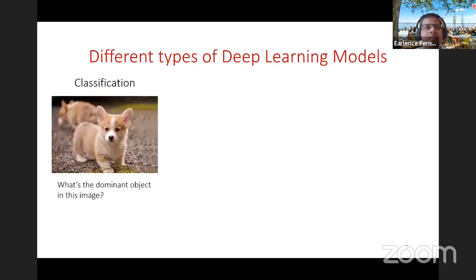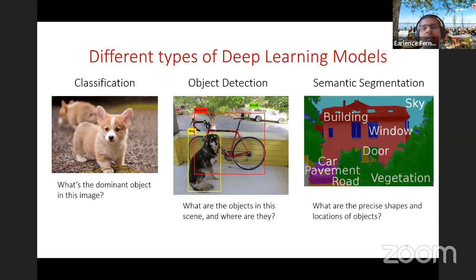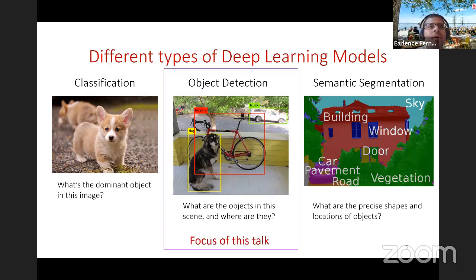Okay, so we have seen this work in the context of classification. Now, in the deep learning world, in the computer vision world, we have many kinds of tasks. Object detection answers the question where the objects are in the scene and what they are as well. So it's like detect and classify. And one step further is semantic segmentation, where almost every pixel is labeled as part of some larger concept, for example, building, window, sky, and all of that.